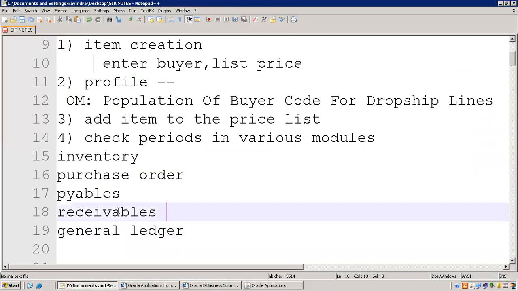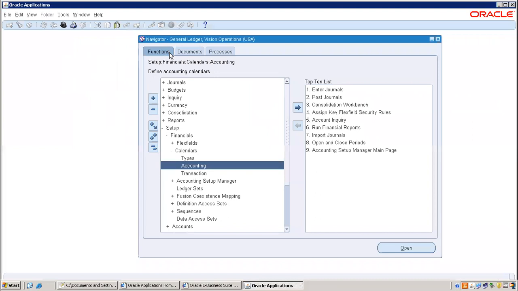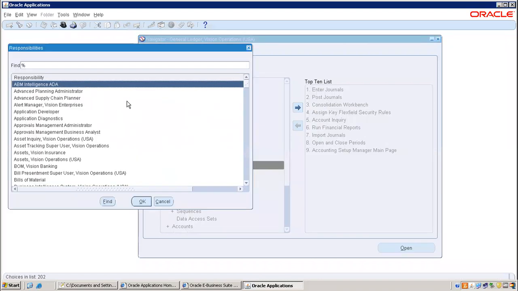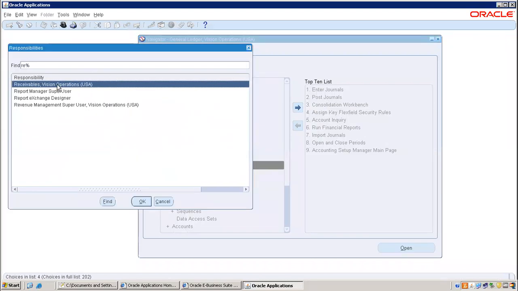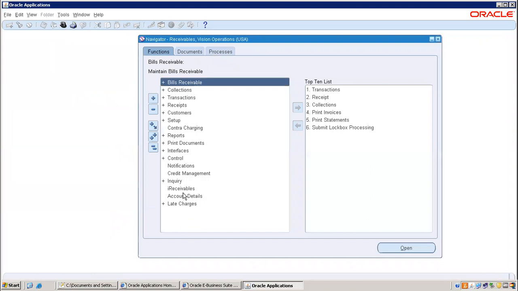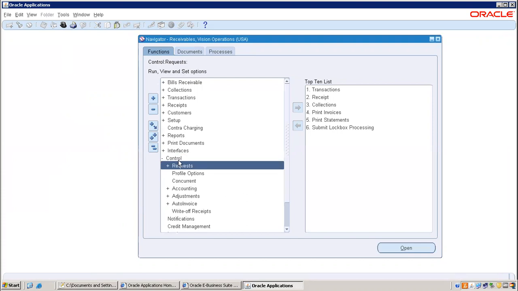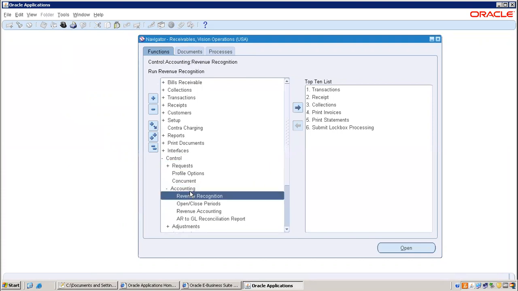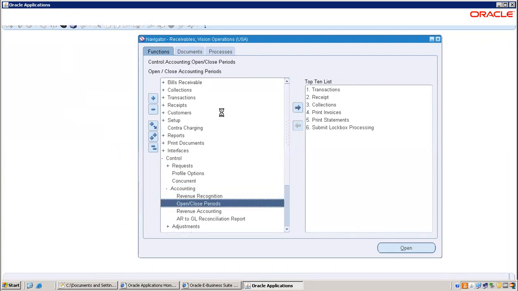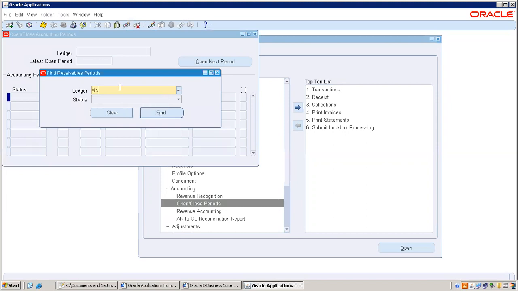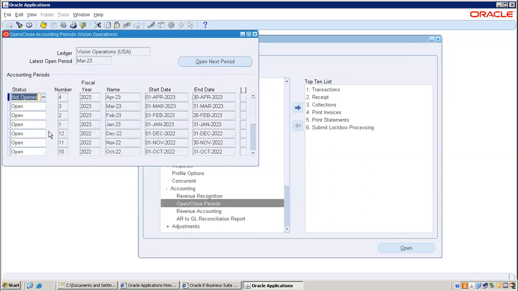So GL is over. Now next, receivables. Go to receivables. Receivables, Control, Accounting, Open/Close Periods is the navigation. Here you have to give your ledger name. It is January month, open.